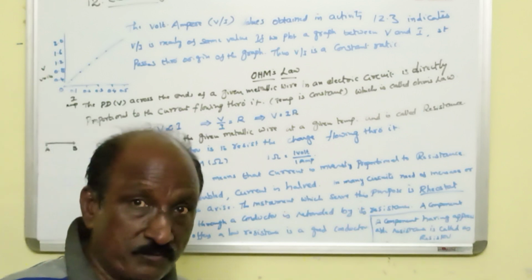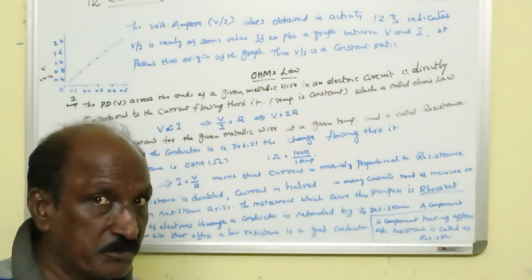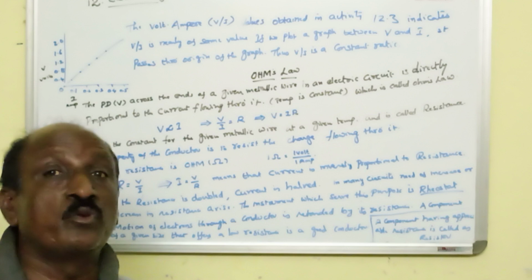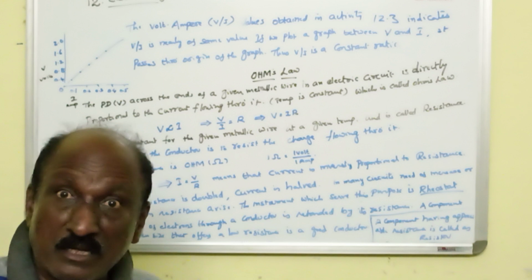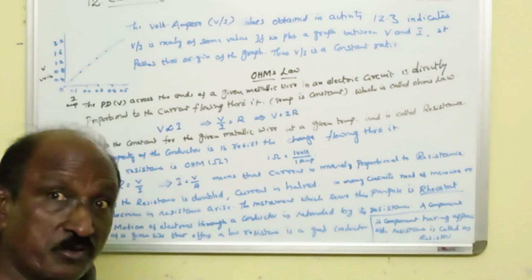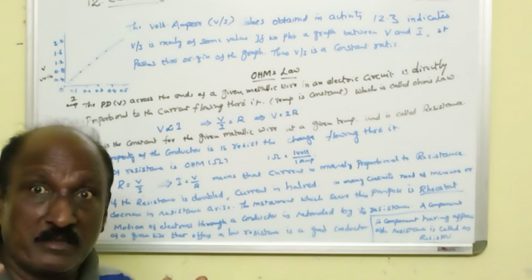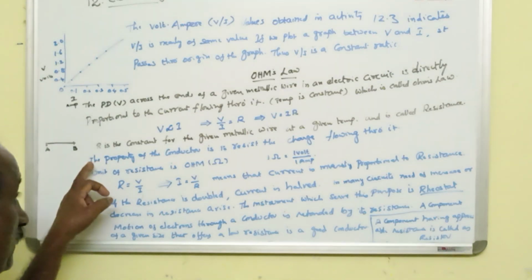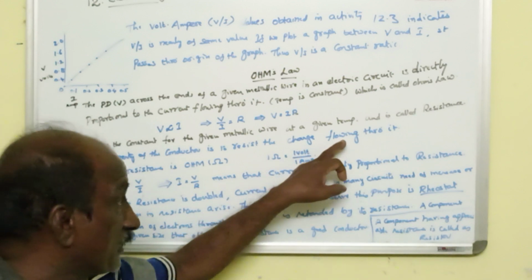If we consider our body resistance, if you are very strong, our body resists the diseases not to enter into our body. The body resistance mechanism fights with the organisms which try to enter into our body. That is a resistance. The body resistance should be considered as an example. So the property of the conductor is to resist the charge flowing through it.